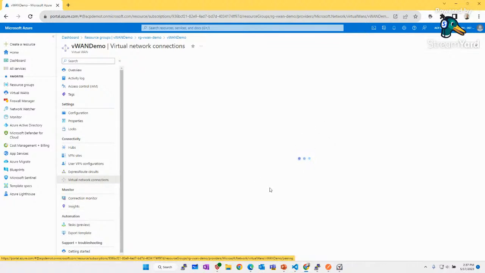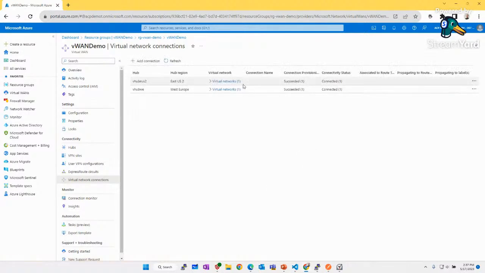Yes. Here you can see in West Europe, I have one virtual network connection succeeded. And you can see here my virtual network, West Europe 01. They're associated to the route table default and also propagating everything to the label default.